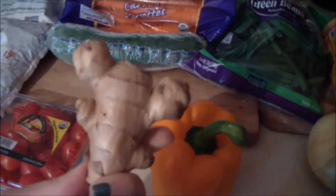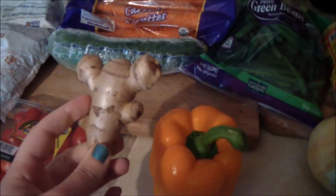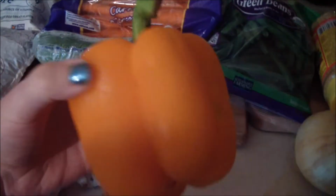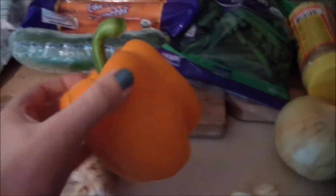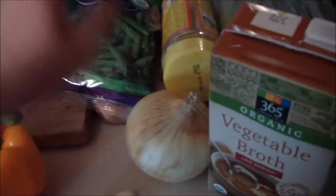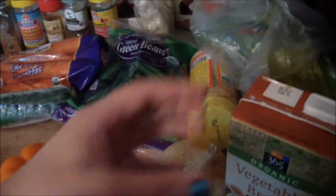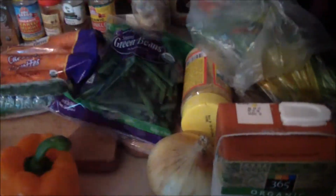Instead I'm going to add a couple things. I am adding this fresh ginger because that always goes good in curry and Indian food. I'm adding this orange bell pepper and I'm adding some fresh organic parsley only because I have it and I'm trying to use it up. I have a tendency to waste my fresh herbs and I don't like that, so I'm just throwing it in